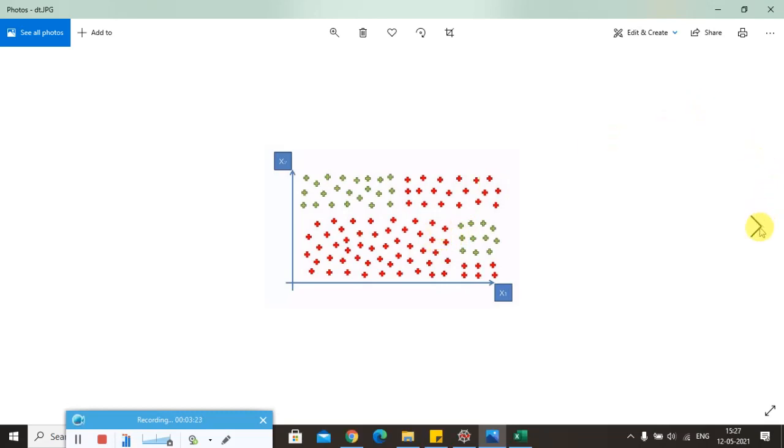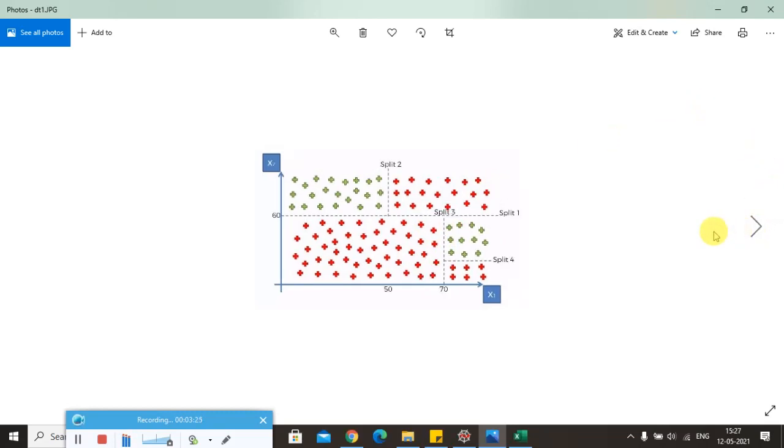So what we do here is we are going to split up the data into slices using several iterations. So there will be split 1, split 2, split 3 and split 4. As you can see in the picture, split 1 will split the data at x2 equal to 60 and split 2 will split the data at x1 equal to 50.